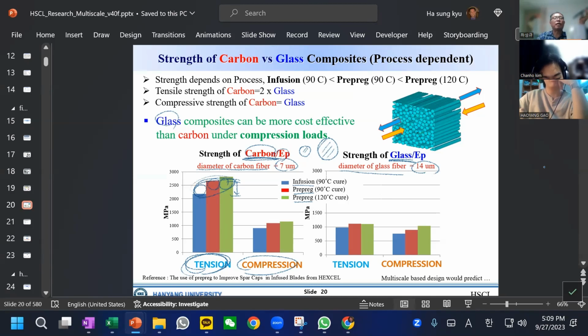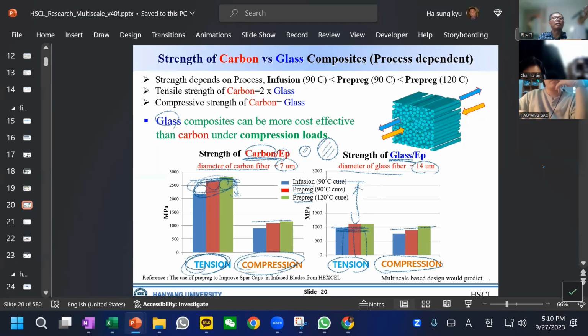Now, compared to glass, the tension is again different depending on the situation, and this one can be very different, almost twice higher than glass. But the compression behavior compared to glass is almost the same,